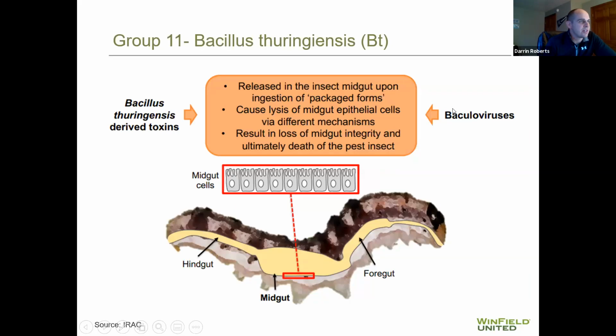Okay, the last one that I'll touch on here, then I'll just highlight a couple of pieces of reference material. So group 11, so BT. I threw this in here because a lot of our corn products have a BT trait in them, and the general idea with this is the corn produces these